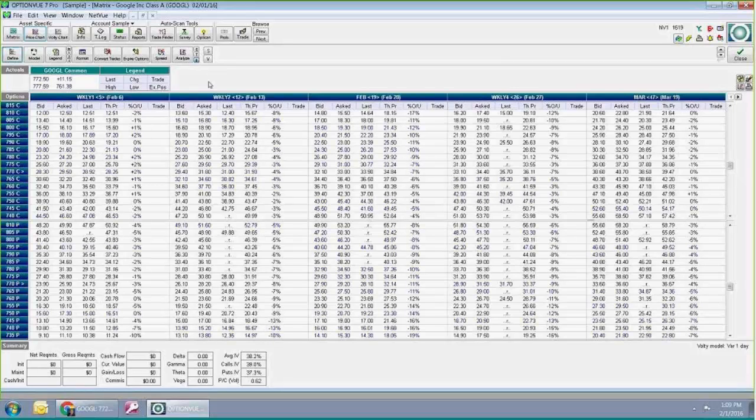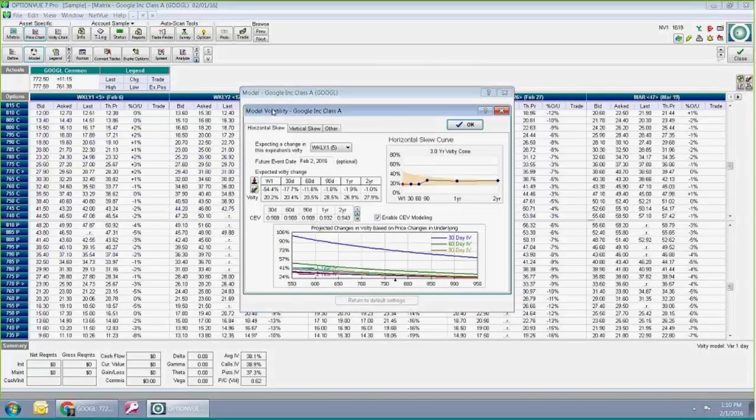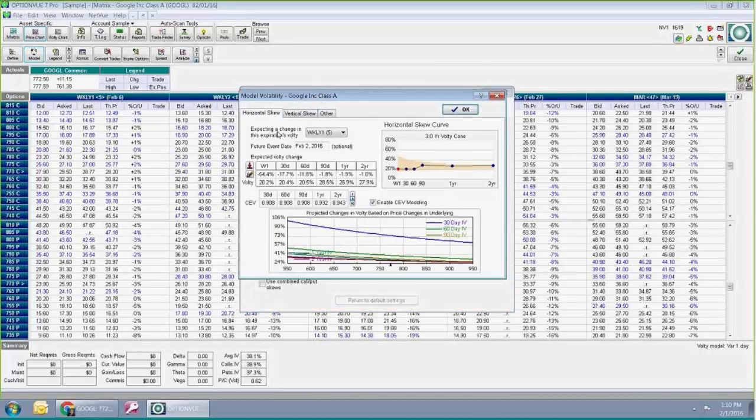Now I'm going to continue on to talking about the earnings. What's so different about our earnings model? The first thing is you saw that we have the date that it's going to happen. We know when the earnings announcement is going to happen. If I click this first button under model, the volatility, and this horizontal skew, you can see that it's brought in that date. And now here it's telling me, here's the expected change once we pass this date, once the event happens. And it shows you what it looks like here.